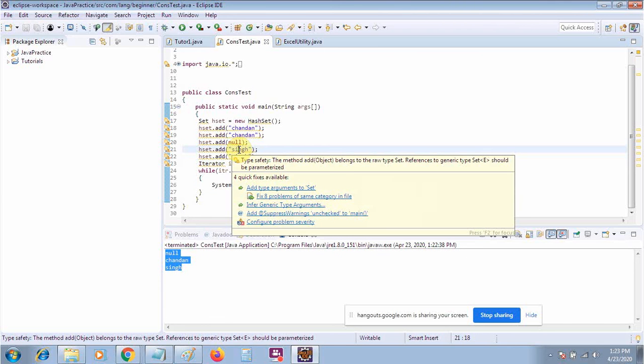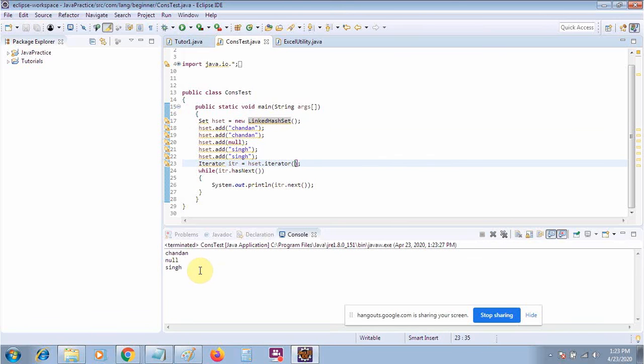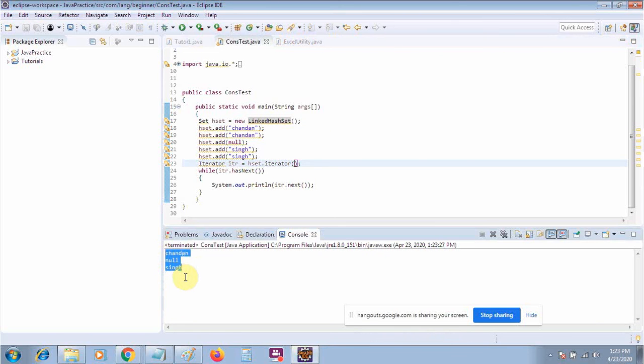There is one more thing you can do using the linked hash set. It is also not a new thing, just a very simple thing. Again, if you run this one, you will see the output is the same. But what is the difference?